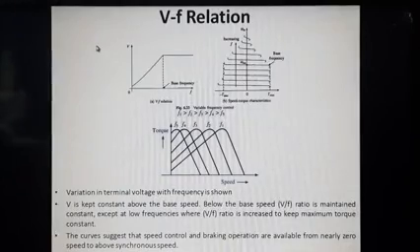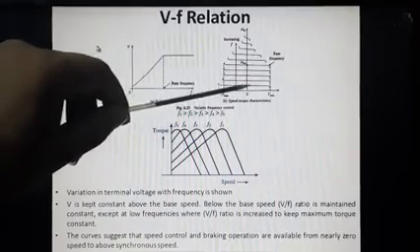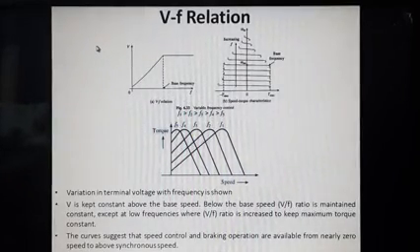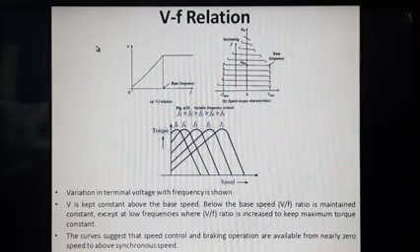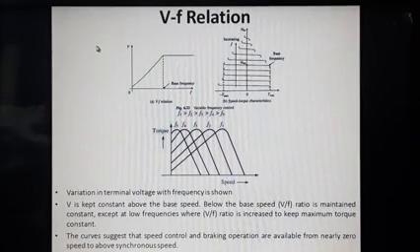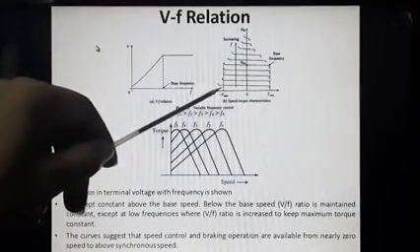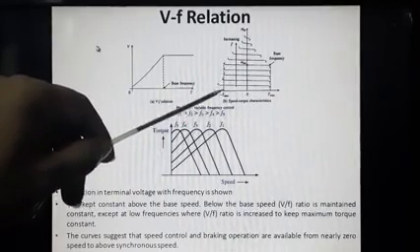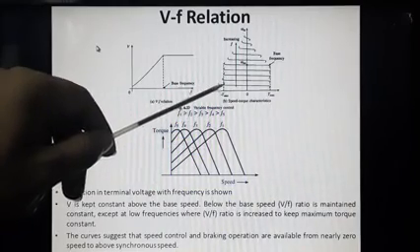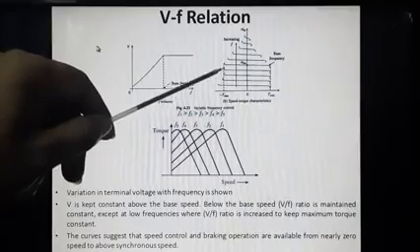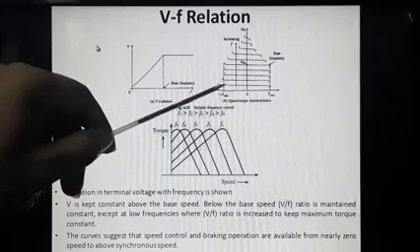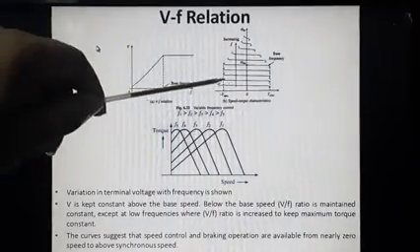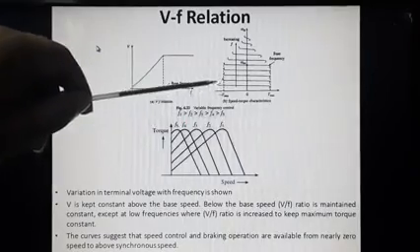So if I try to increase the value of V by F for the very small value of frequency, or for the very small value of speed which I have to achieve, then you have increased the value of V by F. So definitely the maximum braking torque also will be increasing. That's why the braking torque is increased beyond the Tmax point, which you can see here, a glitch in these two portions of the graph. You will be able to see actually it is not the Tmax which it was showing before. There are actually glitches here. In fact, the value of Tmax is going more than that constant maximum value.